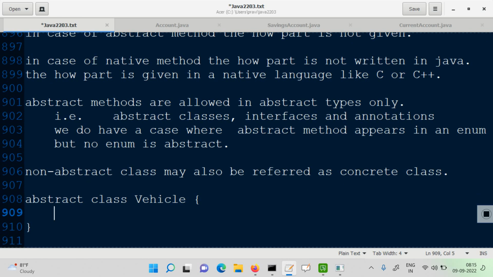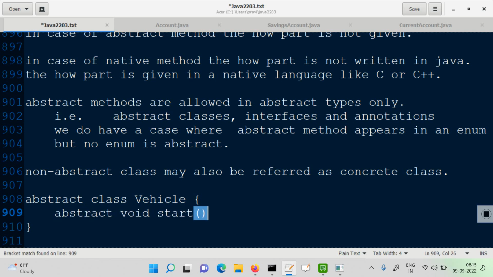As an example, we may have a class called Vehicle, which is abstract. So what could be the abstract method? Vehicle would have what kind of methods? Every vehicle would have a method for start, right? So we have a method called start. We're saying it doesn't require any input. Whatever the vehicle is, just call start on it. It should get started. But then